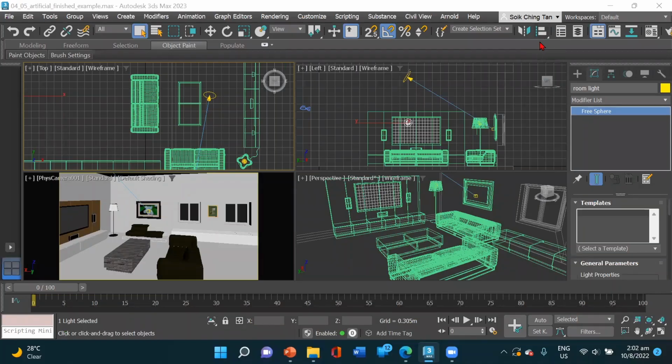Hello everyone. Today I'm going to talk about how to render a scene in 3ds Max. Renderings help us to create a 2D image or animation based on our 3D scene. It shades the scene's geometry using the lights, material, and environment settings such as background and atmosphere we have applied